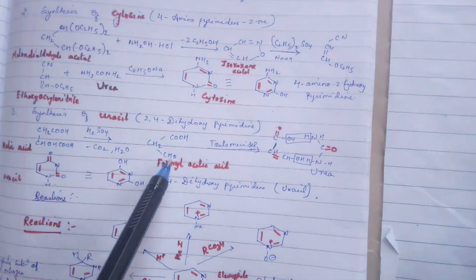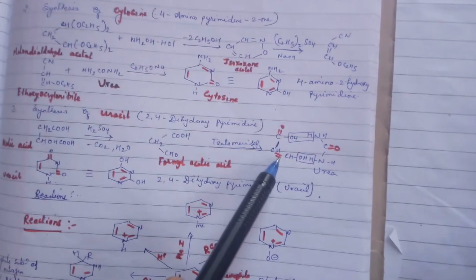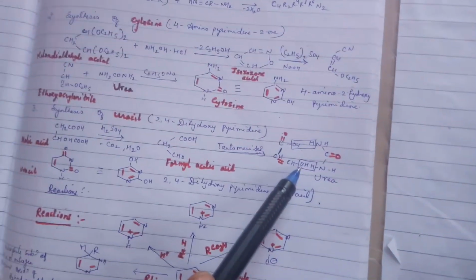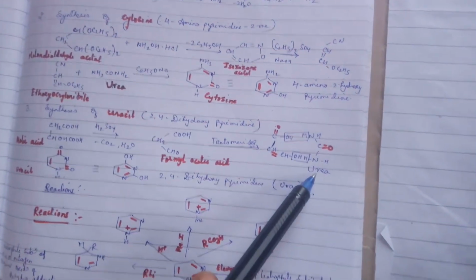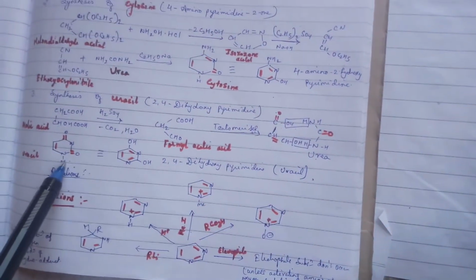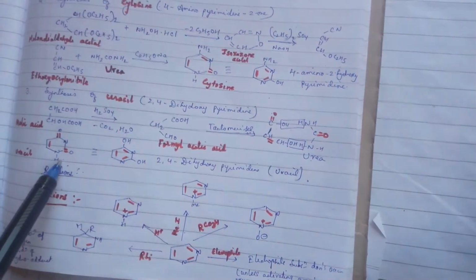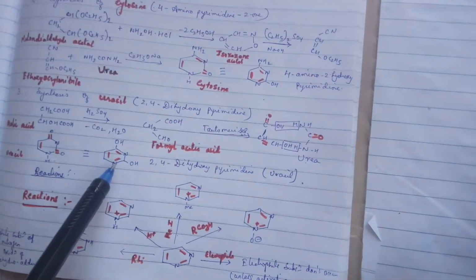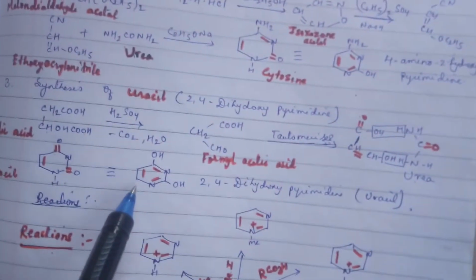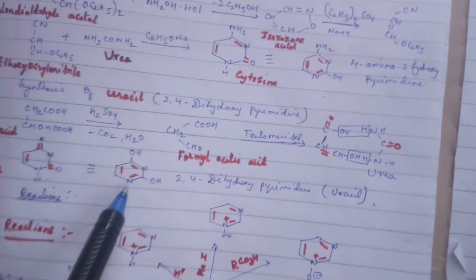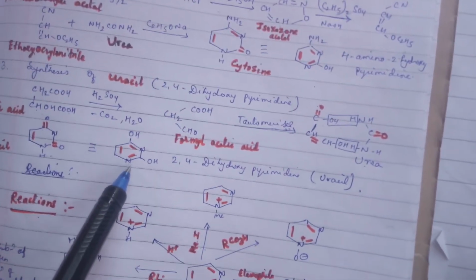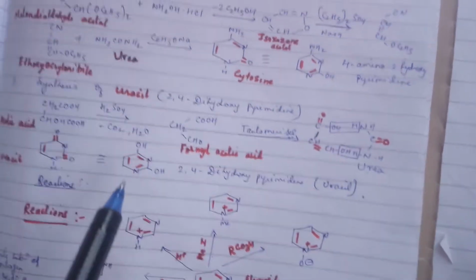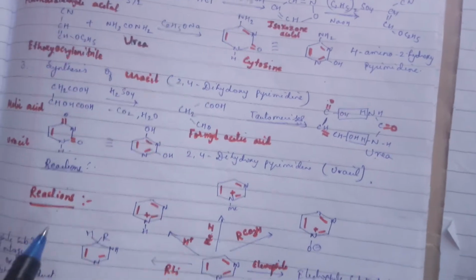This aldehyde keto form tautomerizes to the enol form, so the double bond comes here along with the OH group. In the enol form, it condenses with urea to form uracil. This is the keto form of uracil and this is the enol form of uracil, which is 2,4-dihydroxypyrimidine. Now we will discuss the reactions of